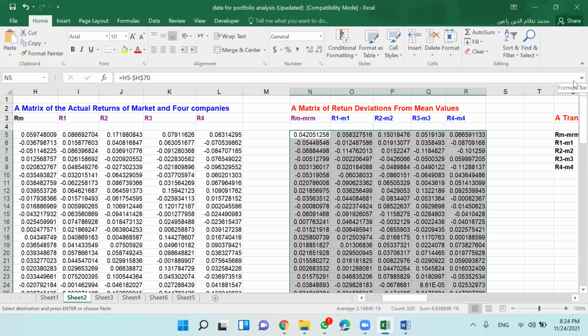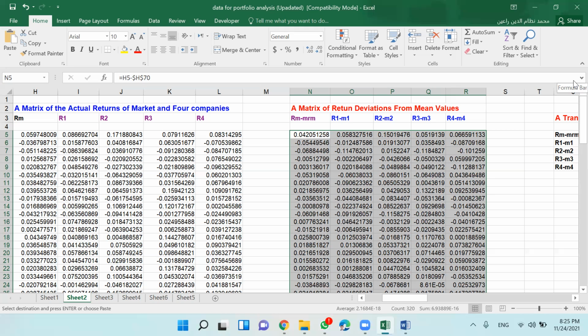Now from this return matrix, you calculate a mean value and you subtract from each value, you will have deviations. Financial modeling represents those matrices by small r. Small r1, small r2, r11, r12. These represent deviation.